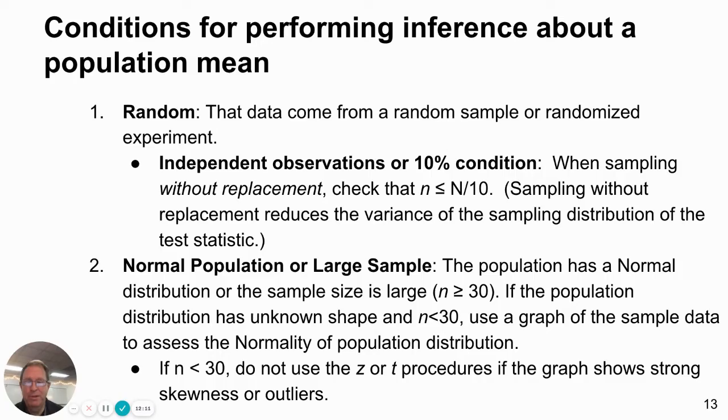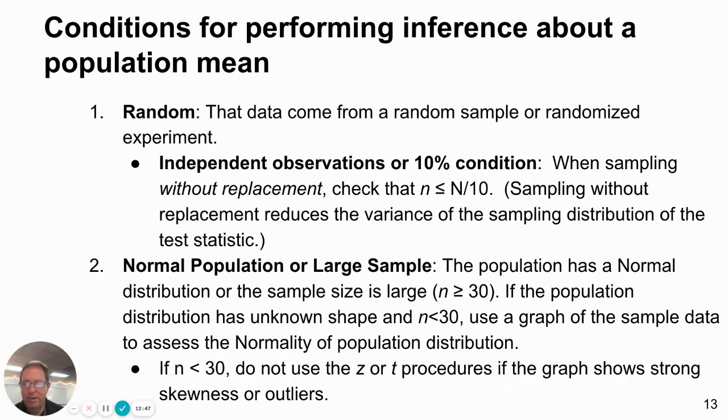If the population distribution has an unknown shape and the sample size is less than 30, we can use a graph of the sample data to assess the normality of the population distribution. So this means that if we give you data and there are less than 30 observations, you're going to have to draw a box plot, a dot plot, a stem and leaf plot, or a histogram, and you're going to look for